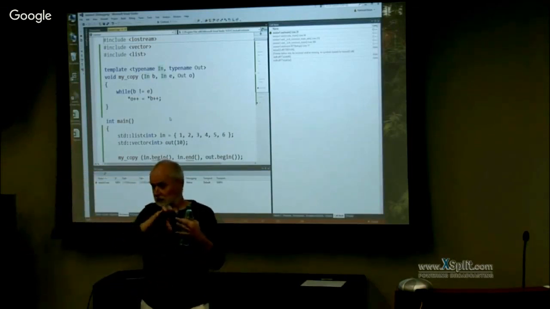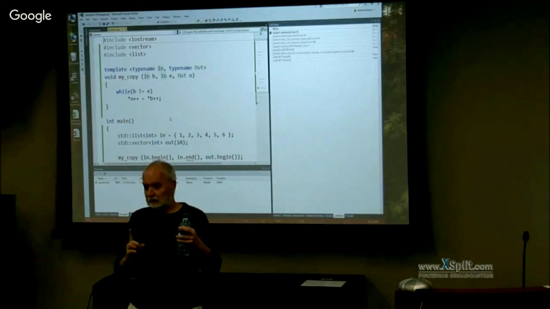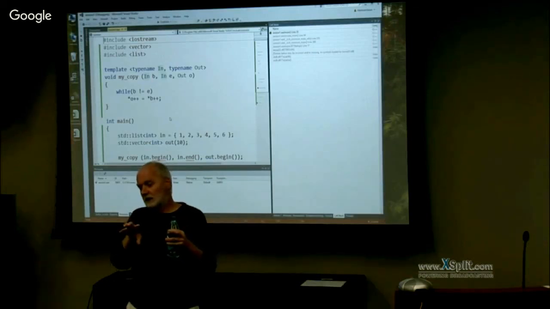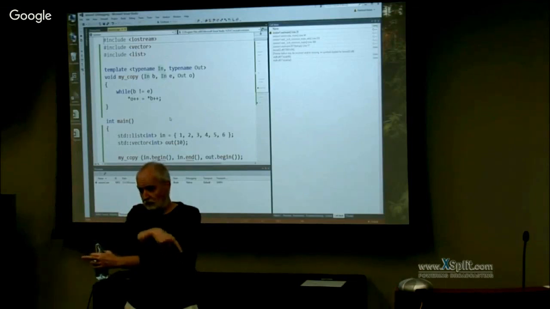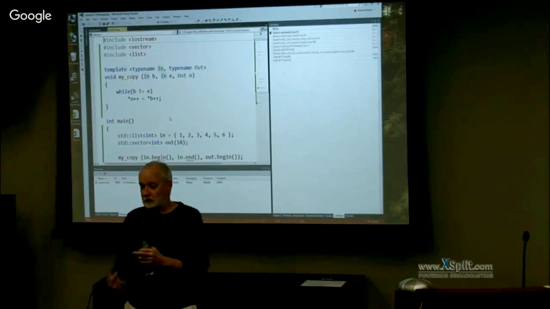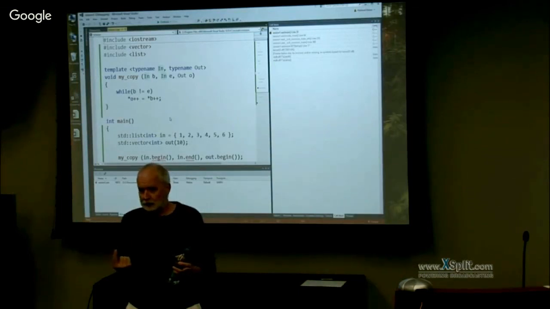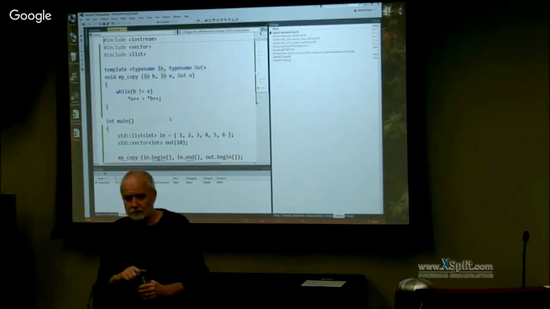And if you have a list of 3 elements, you have an iterator pointing to the middle one. Removing an element from the list means you delete that element and you adjust the pointers to the neighboring elements so that they point to the previous one and to the next one, not to the one which you removed. So the iterator which was pointing to the element you removed points into nowhere. It's like a dangling pointer. When you take an address of a variable which doesn't exist, it's just undefined.